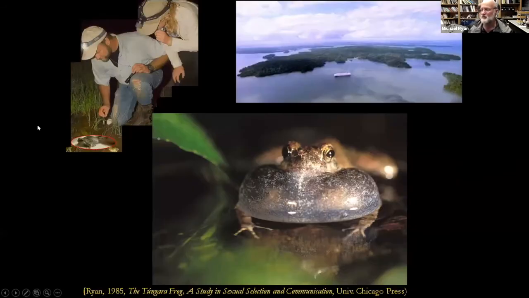Okay, so to pick up where we left off, we've been studying this very small nondescript frog, or at least visually nondescript frog, in Panama. It's the Tungara frog, Physalaemus pustulosus. And he's blown up in this picture. He's only 30 millimeters long. And these are found in Panama. This picture on the top right